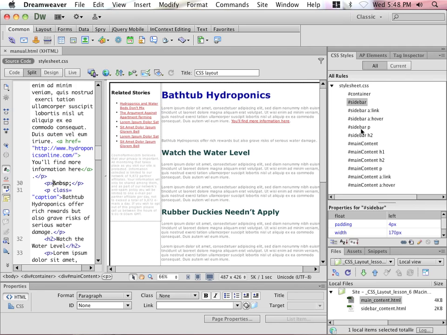Now you'll also notice that there are some compound selectors in this list as well. That is to say, it's a combination of not only the ID but any specific tag contained within that div tag. So for example, sidebar space P means any paragraph inside of the div tag called sidebar will be affected by these styles. So you see I have a number of them, some for the H2 tag, some for the main content area,